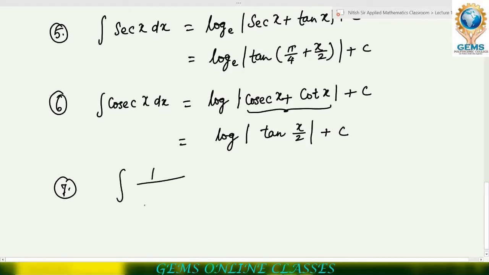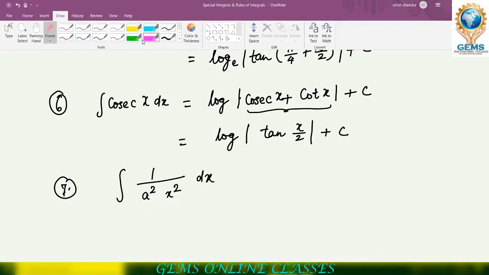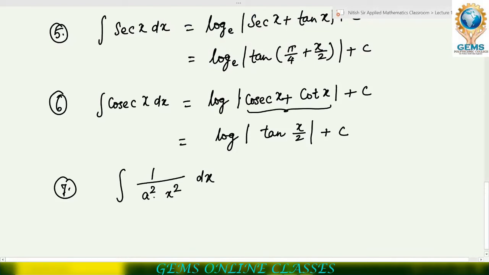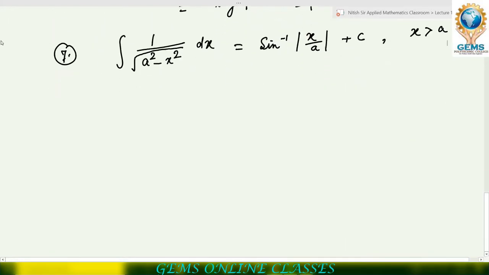OK, seventh is integration of 1 upon root under a square minus x square dx equal to sine inverse of x by a plus c, where x should be less than a. OK. Next one is